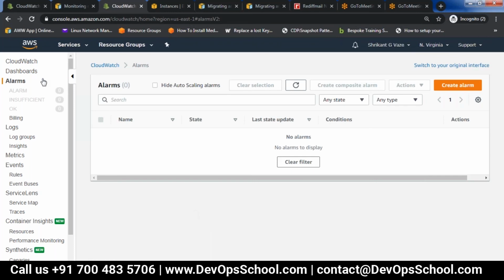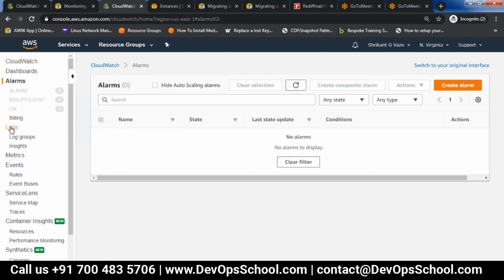So an alarm can be in 3 states. In the alarm state, the threshold of the metric has been crossed, and you can take certain actions on that. It can be in the OK state, which means there is no alarm. Or it can be in the insufficient data state. Suppose you are saying that CPU utilization crosses 50% for a continuous period of 5 minutes, but 5 minutes have not passed. Then it is in the insufficient data state, because sufficient wait time has not passed. Okay, so that is there.